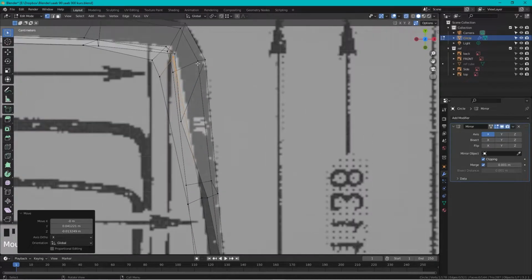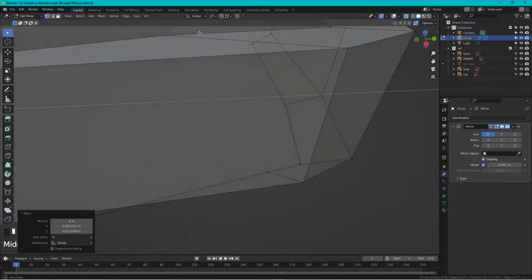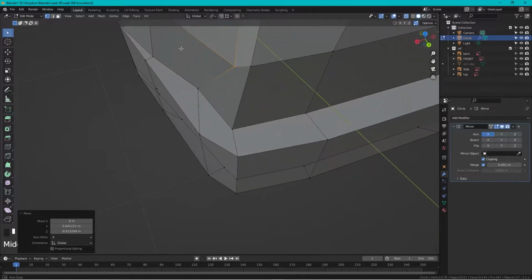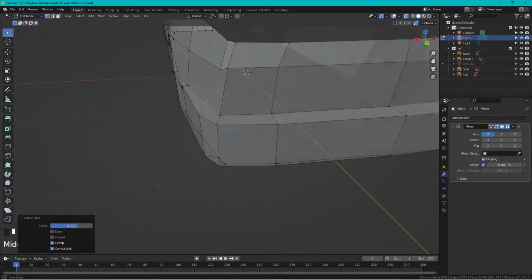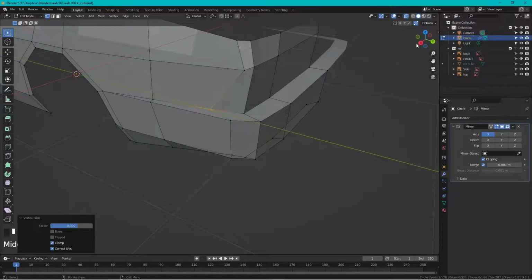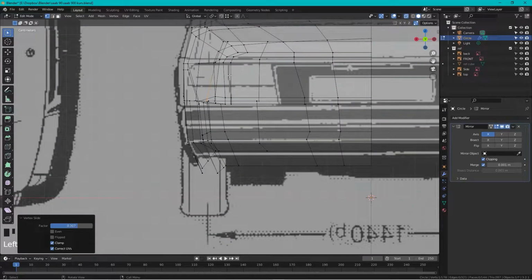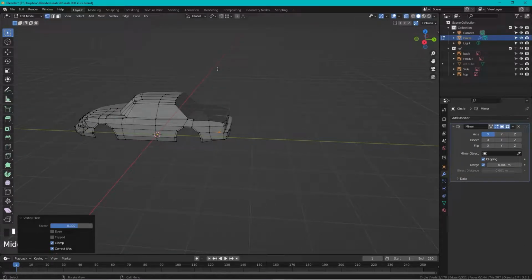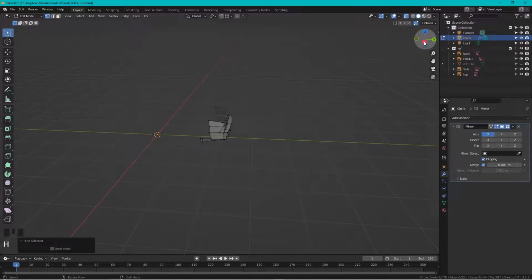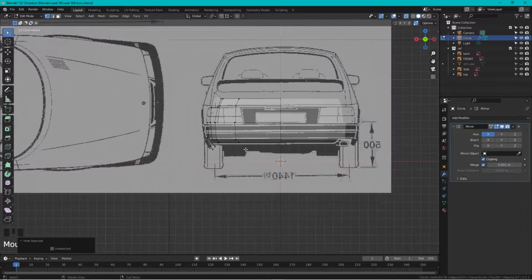And from the top, yeah, I want to make sure just that we don't have any overhang, so we GG, move this out, something like that. And that should be the black backlight. And we have a lot of points, we don't want that, so we can select like this, press H, and look from the back again,